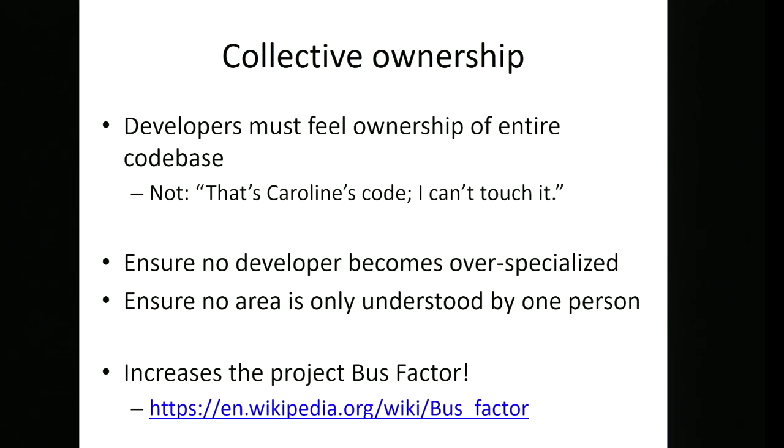Anyway, basically, if for example Caroline was the only person on the project who knew anything about the UI code, and she got hit by a bus. That's an analogy, by the way. Hit by a bus could also be just taken seriously ill, or get another job and leave the team. It's basically someone's now not available. So if Caroline was the only person who knew about the UI code, and then Google came along and offered her 3 times the amount of money that we could offer her, and she left,